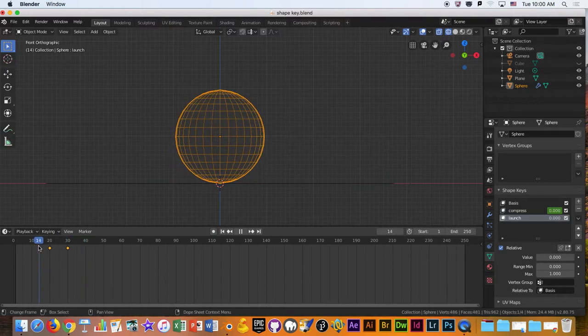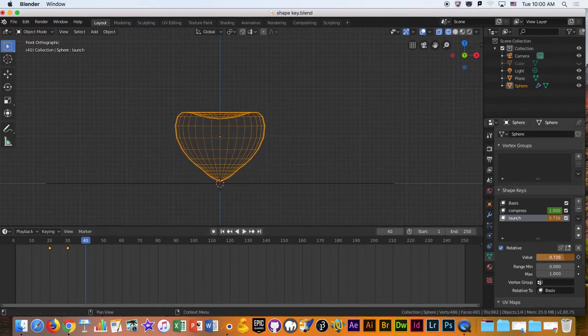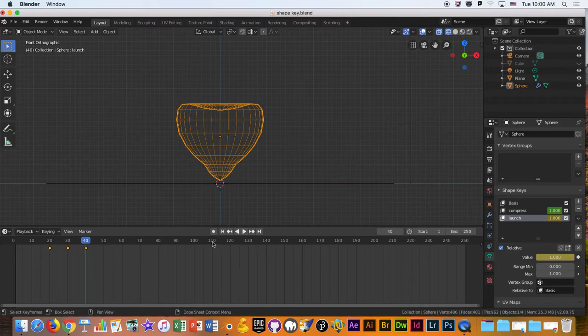So we have compression, and at this point maybe we want to start morphing into the launch. I could add a keyframe. Selecting launch in my shape keys window, I could add a keyframe for the value. Move forward in time, maybe about another 10 frames, turn that on, add a keyframe. But right now, if I look at my shape key window, compress and launch are both at 1. So they're both fighting each other to change the shape of this object. So as we turn on launch,